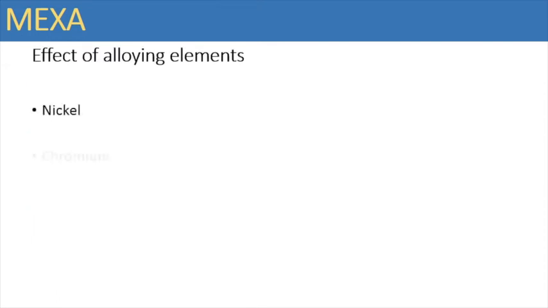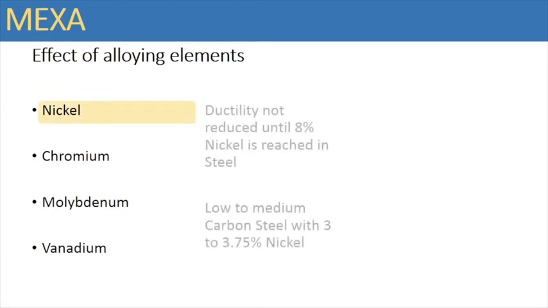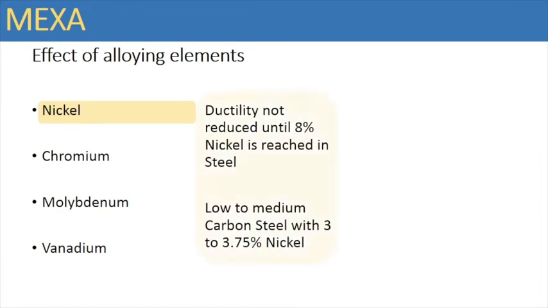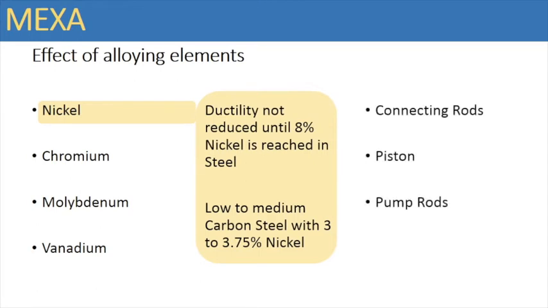Let's discuss the effects of alloying elements. Addition of nickel increases strength and erosion resistance. It does not greatly reduce ductility until 8% nickel is reached. A low to medium carbon steel with 3 to 3.75% nickel content is used for connecting rods, piston and pump